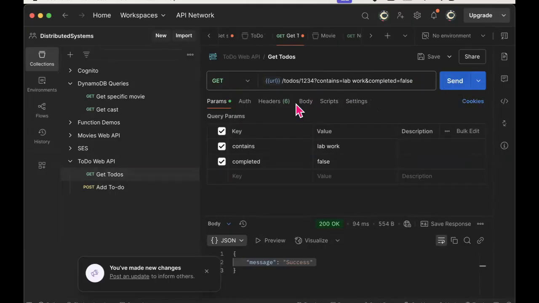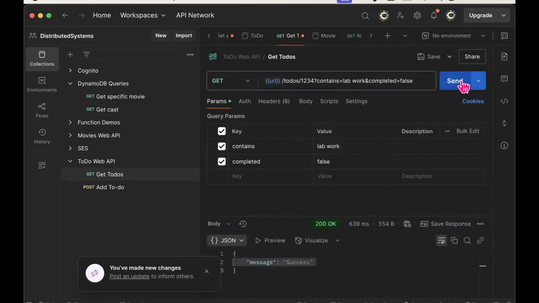My query string is completed equals false and contains equals lab work. So maybe the contains is kind of a search criteria, and we're also saying we're only interested in to-dos that have the completed property set to false. I guess that's what we're trying to get across there, even though we don't have any real database. But let's send that request